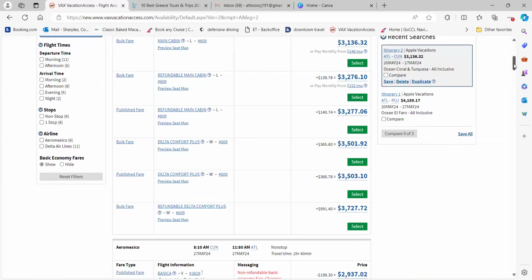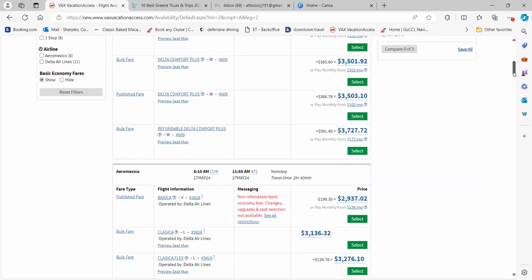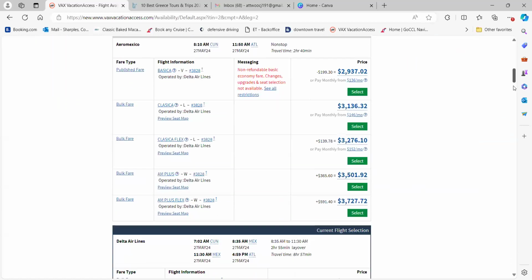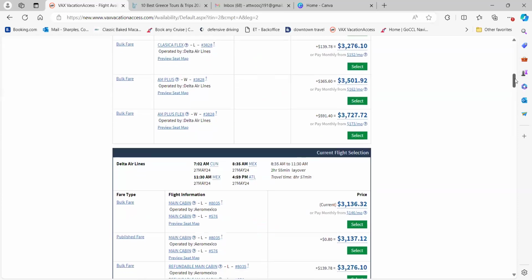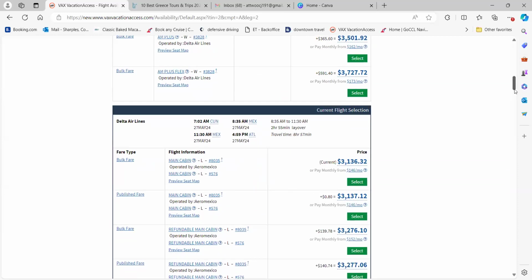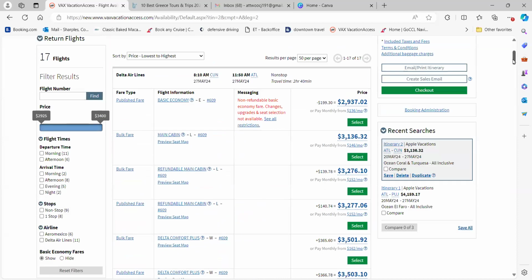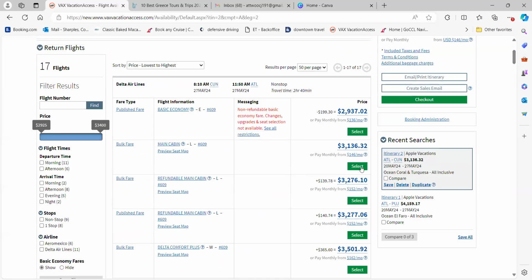And then on the flight back, if it's going to be the same cost, I'll have them leave at the same time in the morning, just to save them from having to pay more. So if you're scrolling down and it's going to increase in cost, then sometimes it's just better to go with that top option.